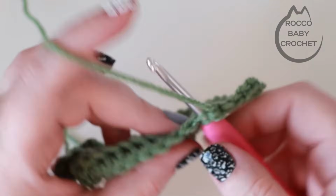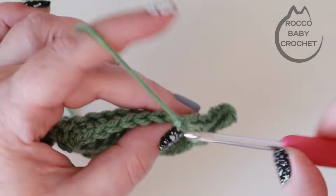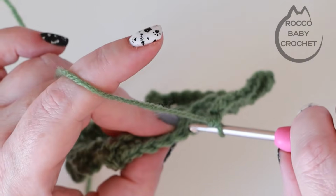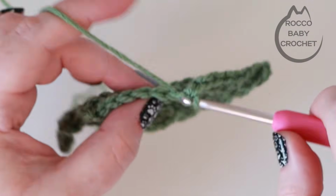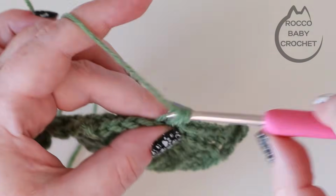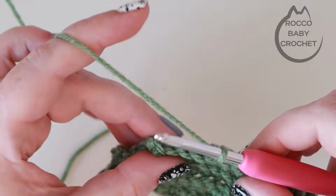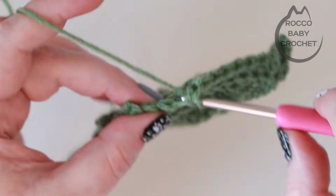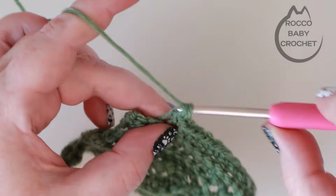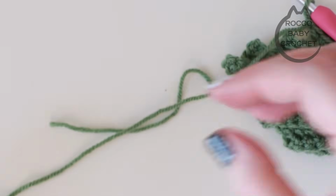So 1, 2, 3, 4, 5, 6, 7, 8 and 9. So then you'll chain 1, and again leave a long enough loose end for you to attach